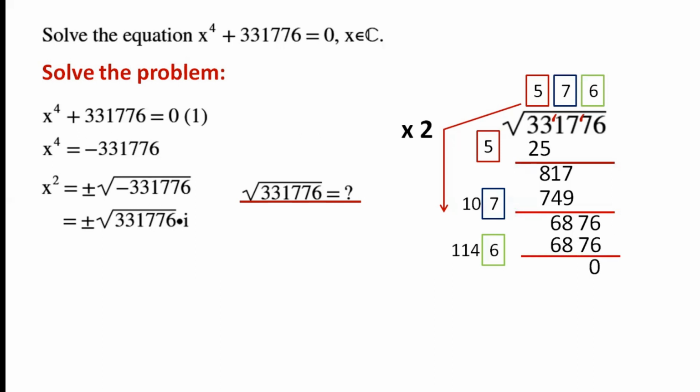Now we have a remainder of 0, so the root of 331,776 is 576. So we can now write equals plus or minus